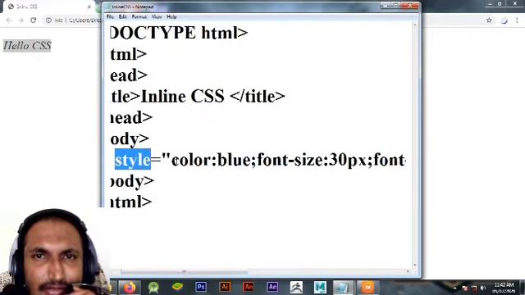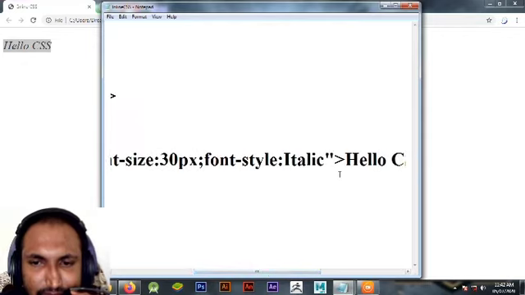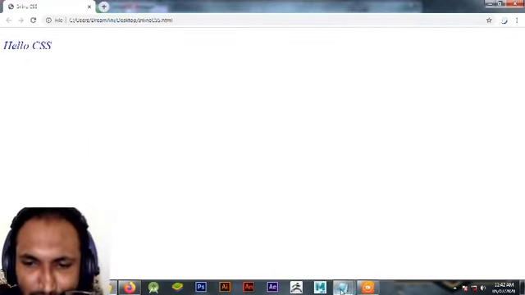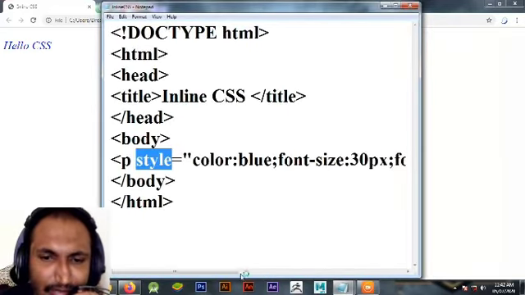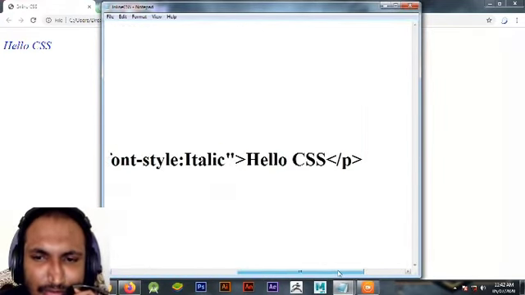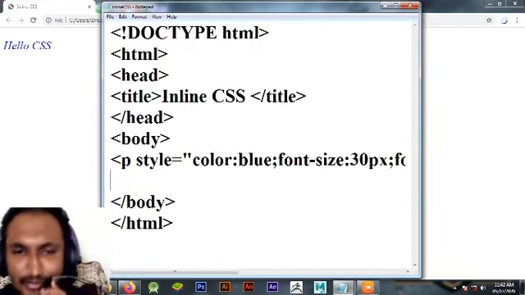And if you close this in this tag, then it will appear as you want. If you want another tag to use inline CSS, then you can take, suppose, let's see, I will show you one example.